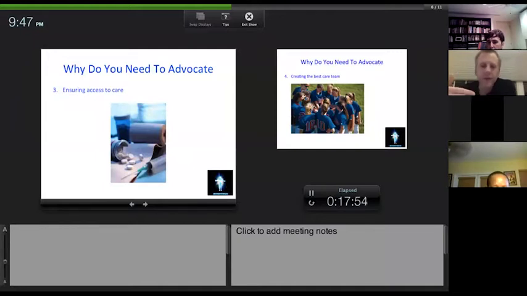So thankfully, she was able to reach high enough up the chain, found somebody who was sympathetic enough, and the drug company has given her the drug for free. But there's an instance where access to care, access to a drug that this child's clinical team thought would work, and in fact worked for around a year, said, let's try it. She couldn't afford it. So she took it upon herself to advocate in a way that it would have gone one of two ways. Either they would not have been swayed, or she was able to hit the ball out of the park and get the drug for free.